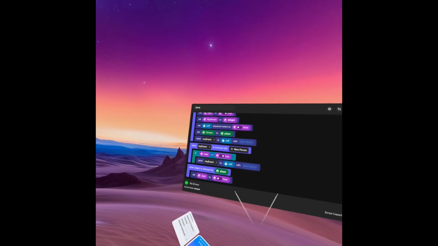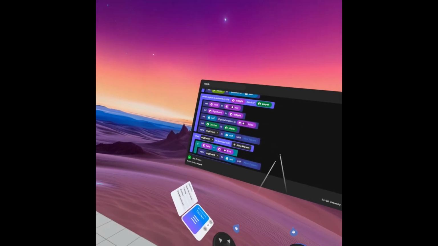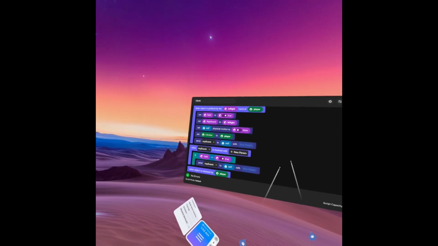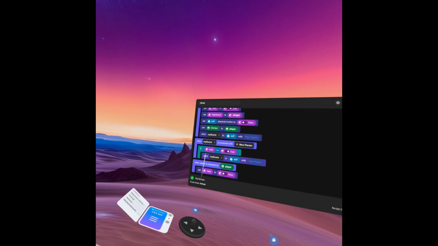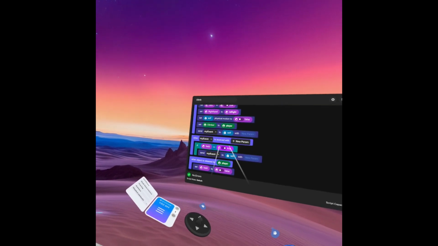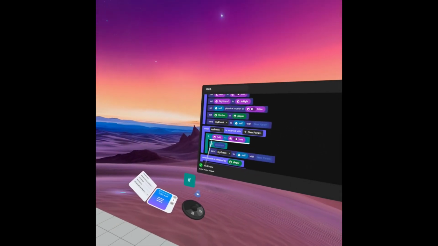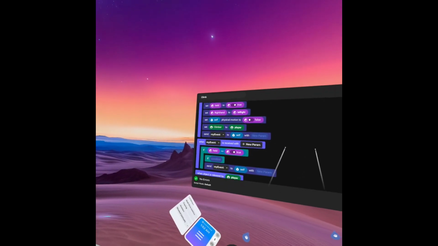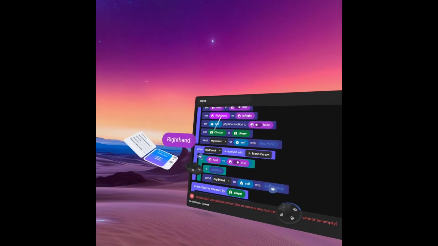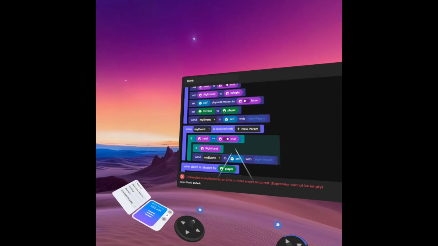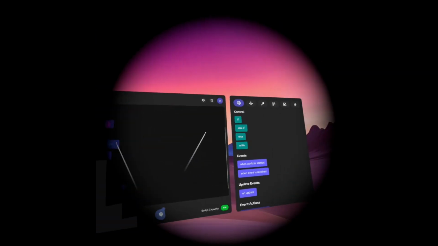Now what we need to do is we need to move the player. We need to move the player along the rock wall as we're grabbing these objects. The way we do that is we're going to go to this My Event section, and we're going to do another if statement. Okay. And then to show you it's the same thing, we're going to take this right hand, we're going to drop it down to here. So essentially, if it's held and if right hand is enabled, what we're going to do